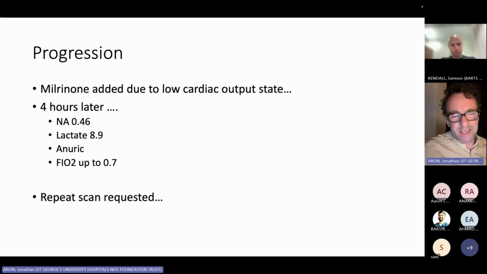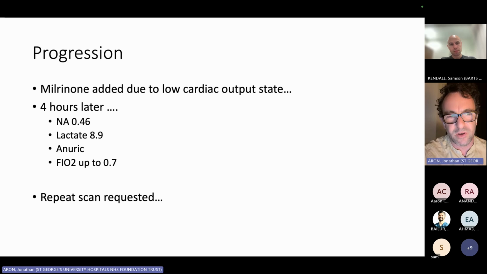So, unfortunately, this wasn't put together well, so milrinone was added because of his low cardiac output state. Now, if you see a hyperdynamic ventricle moving like that, I would suggest that milrinone is not the right treatment. But 4 hours later, which may have been predictable, and just to say, milrinone is probably the worst drug for